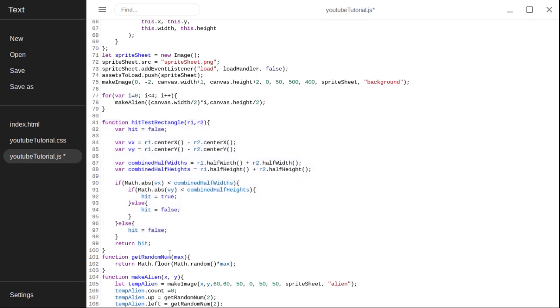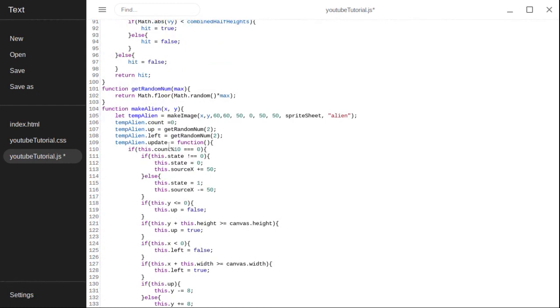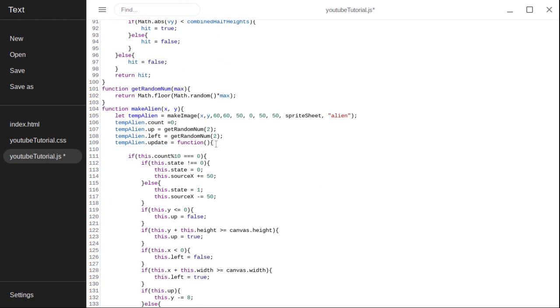Okay, so hopefully you will understand hitTestRectangle a little bit better, and know what hit means when it says true and what hit means when it says false. So now in update we can use that function. We can come right underneath the update function at the very top, we can say